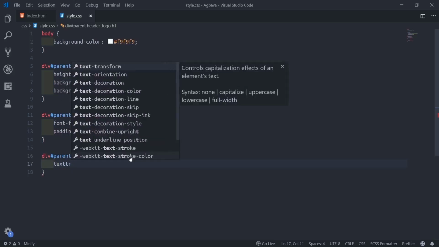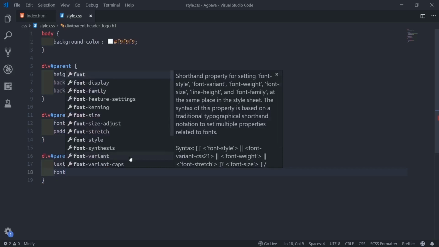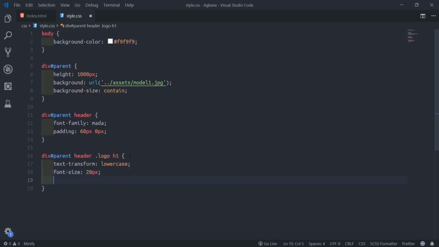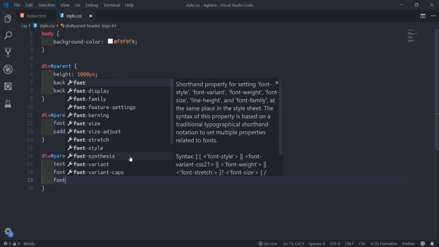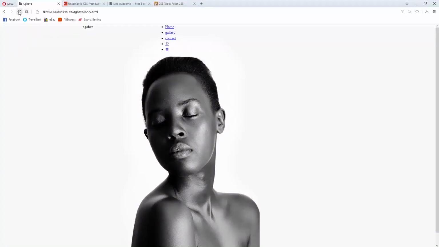Text transform lowercase. Which initially said now could be default now to say we no do any capital letter on the type. Then made the font size be like 20 pixel. Then made the font weight be 600. Alright. So I'll go by my browser and I'll see.